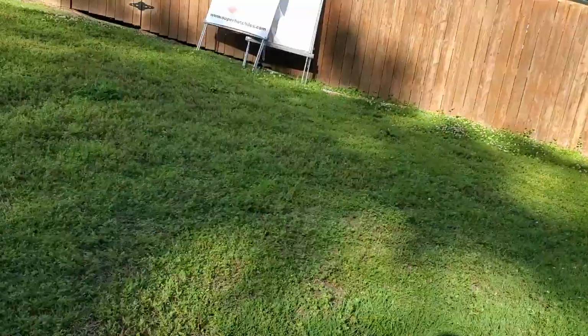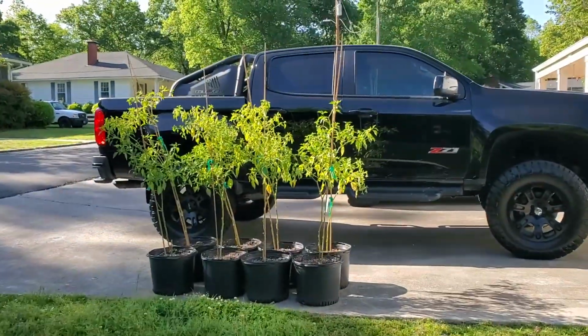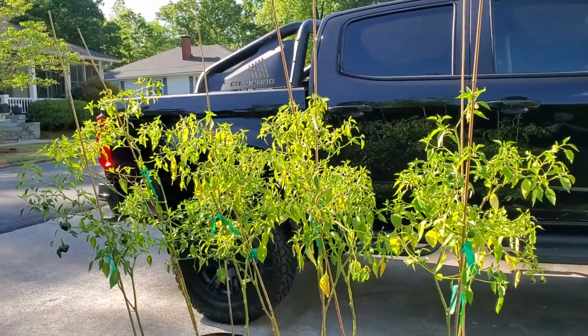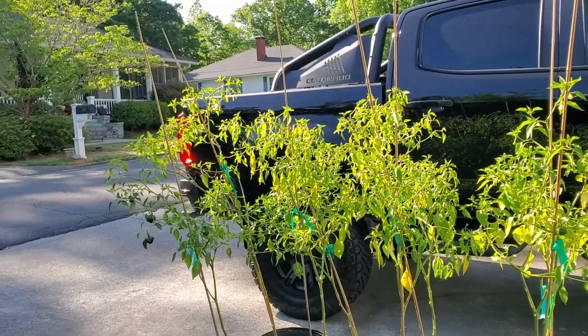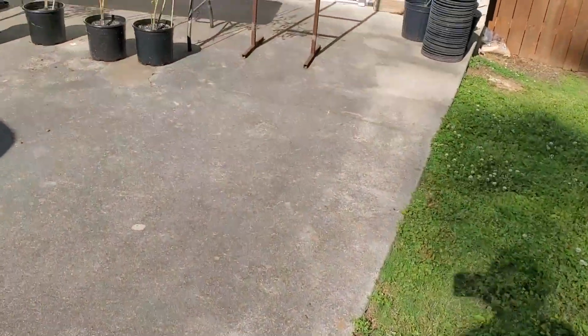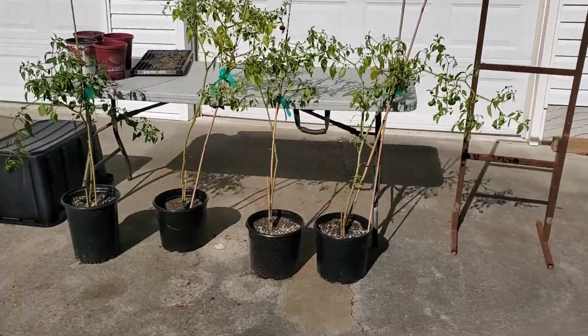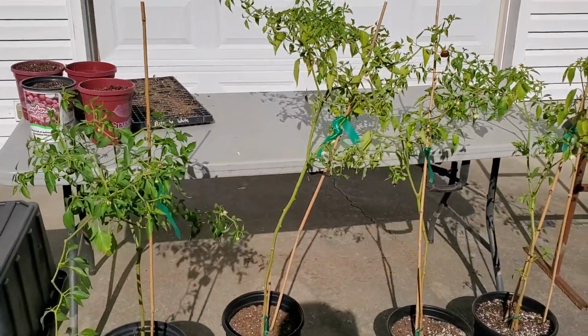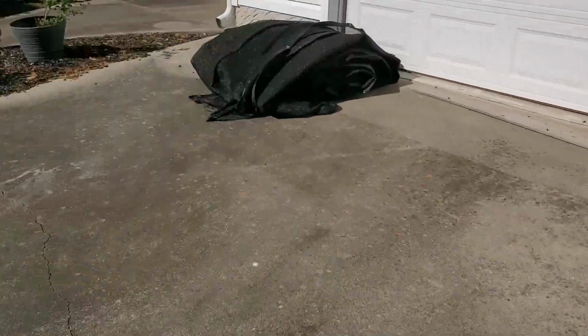Moving along here, we've got some cascabel pepper plants that we repotted. I'm going to bring them up to my friend's house, and we'll continue to grow them one more year. Here's a couple cascabel that we have not repotted. We started these in August. We got some seeds off of them. That's why the seed's on the website for it. And then over here,